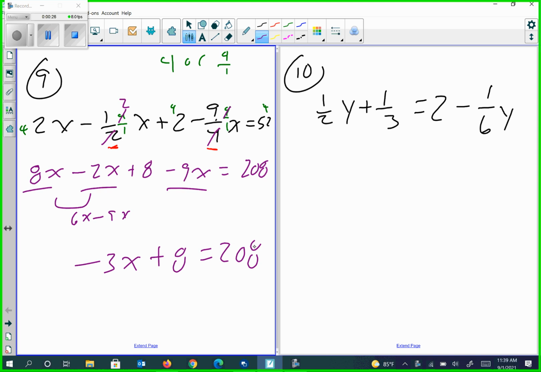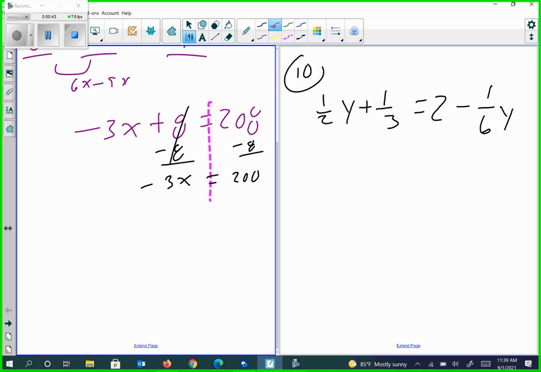Okay, cool. All right. So then we could start solving this, where I'm going to go ahead and subtract 8 from both sides. Those cancel, so I get negative 3x is equal to 200. Divide each side by negative 3. Those cancel, so x equals